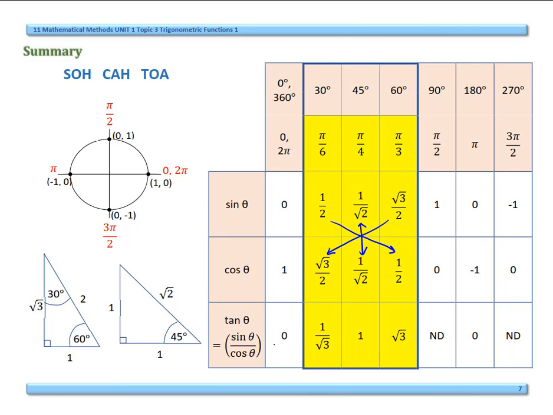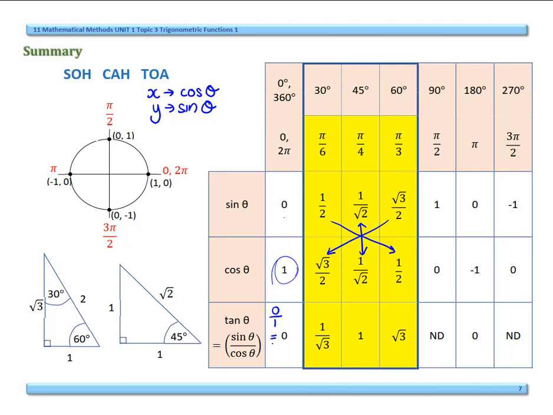Okay, the rest of the table is from our unit circle, going from 0, pi on 2, pi, 3 pi on 2, and remembering that x is cos theta and y is sine theta. Our x coordinate for 0 and 2 pi is 1, so cos of 0 and 2 pi is 1. Sine of 0 and 2 pi, that's our y coordinate, that's why it's 0. Tan being sine over cos is 0 divided by 1,